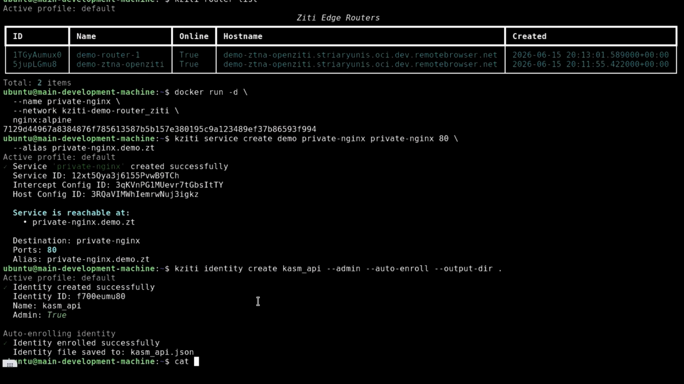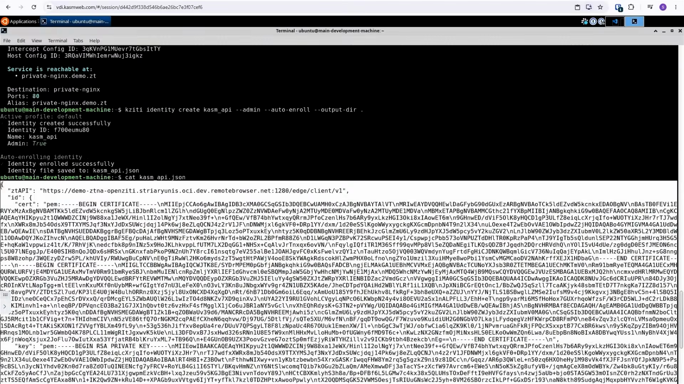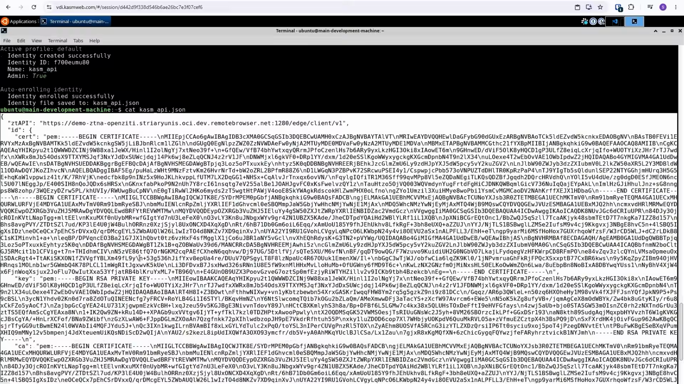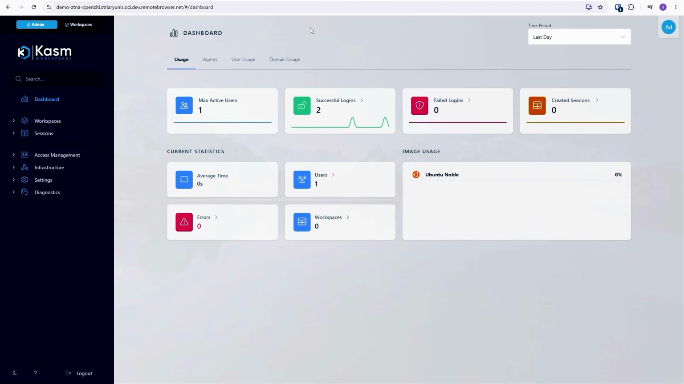For purposes here, I will open it up so that we can take it into Kasm. I will copy this. Now that we have this admin credential, we'll switch to a running Kasm instance. I'm logged in as an admin to a 1.19 or greater Kasm environment, and I'm going to go set up